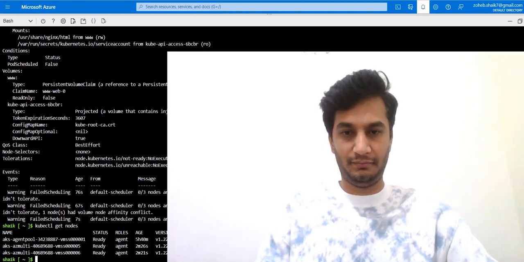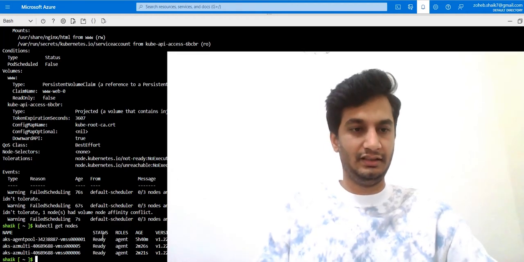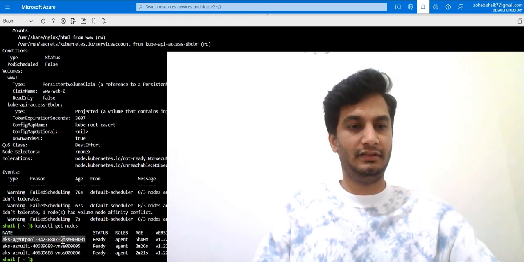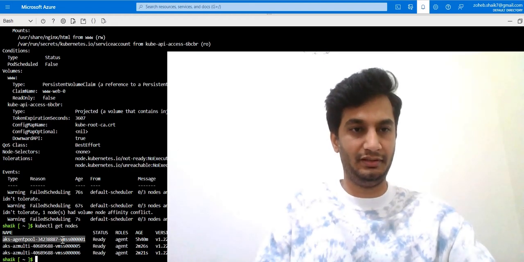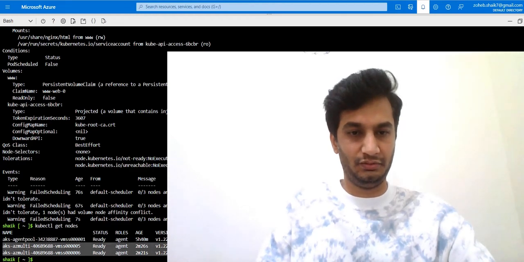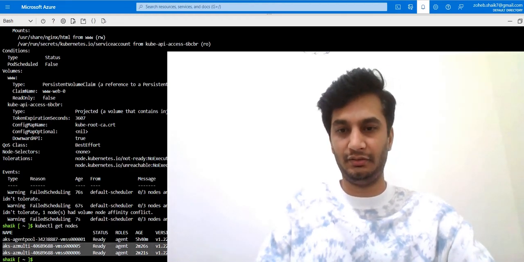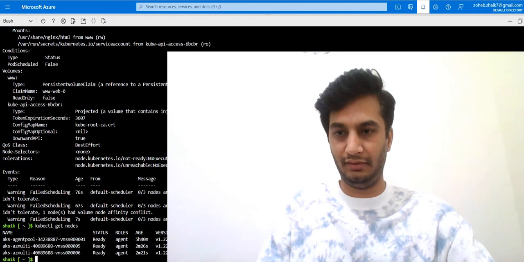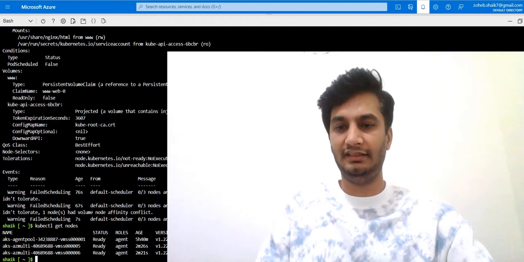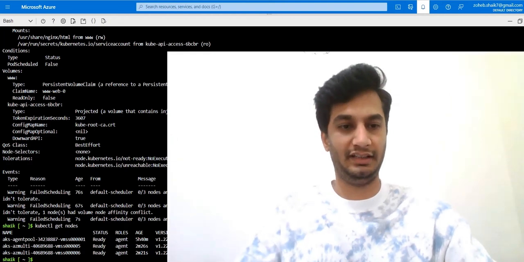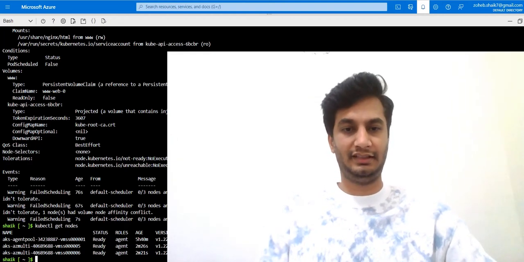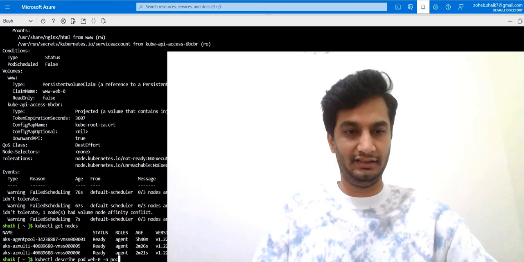One node didn't match the pod node affinity selector, meaning this node doesn't have those node affinity rules. Why? Because we were pointing to the below two nodes. The second error is specific to the actual multi-AZ node pool, where it's clearly saying I don't have this volume so that I can schedule this pod. So in this case, we cannot do anything now.